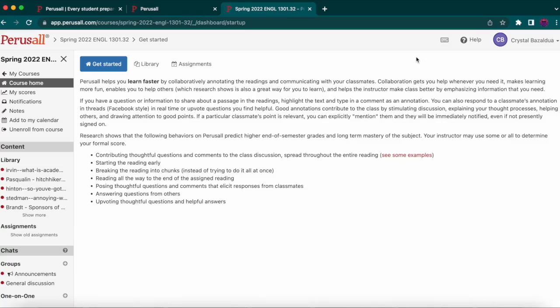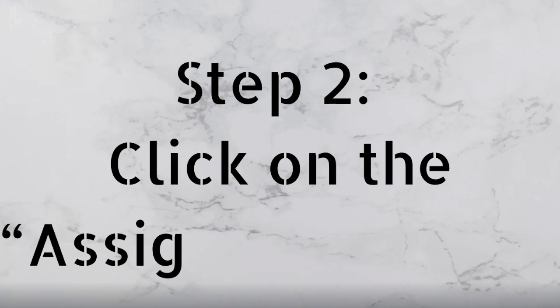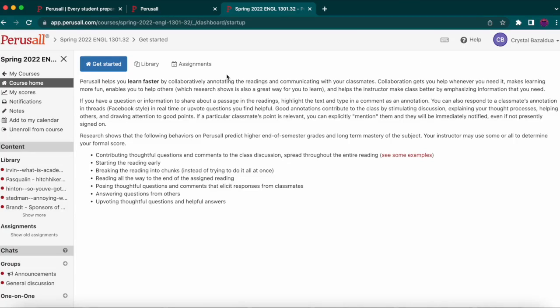As you can see, we're already signed in basically, but if you for some reason logged out, you could just sign back in, which is right here up top where it says get started, library, assignments. We click on assignments,